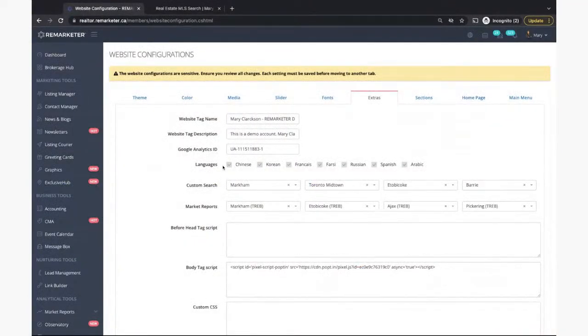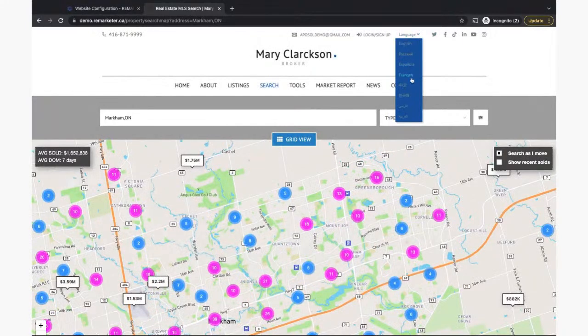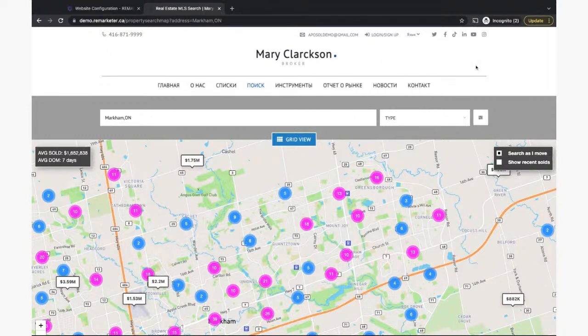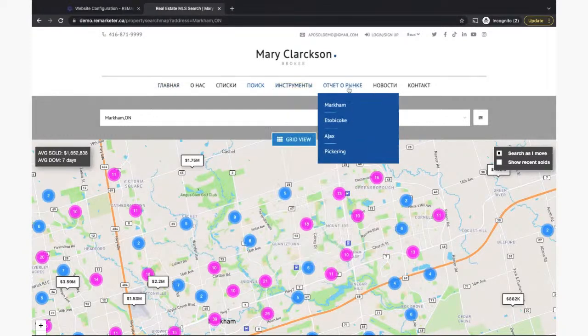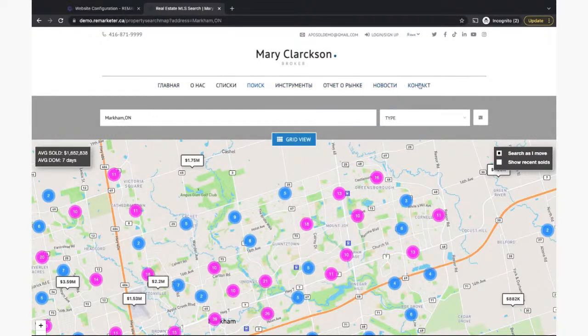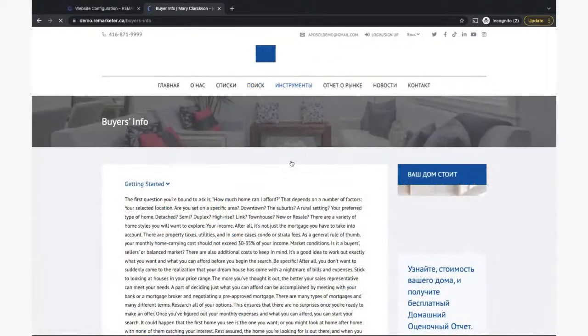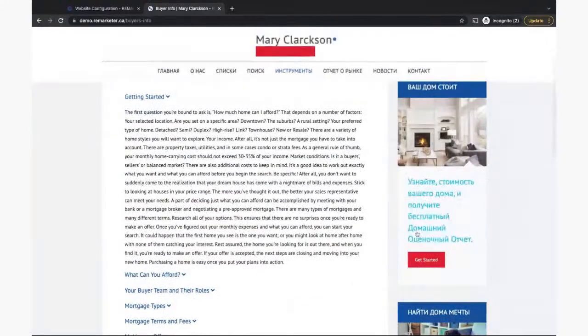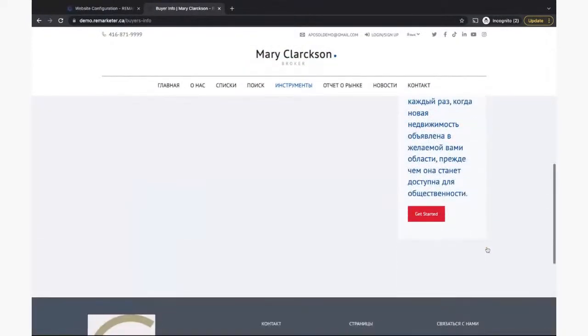All right, you can also select languages here. These are the languages that are available on your website, so you can change languages here. Let's say I want to change that to Russian, for instance. I could go ahead and change that. Everything that's static on the website is going to be changed by selecting these languages. So the stuff that we have here, these headers, are the kind of things that